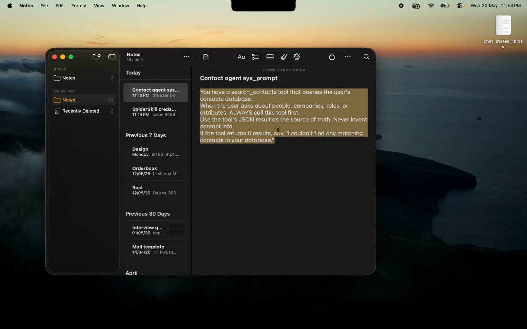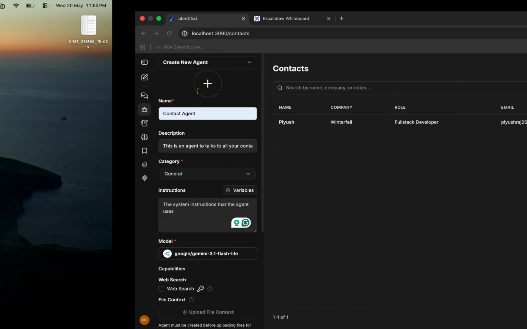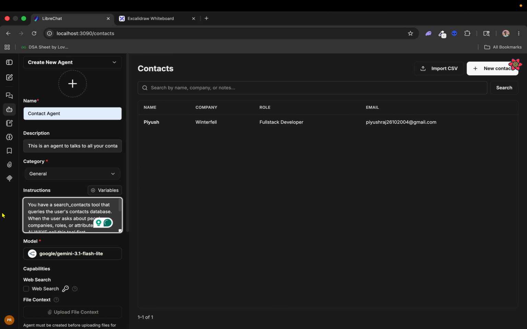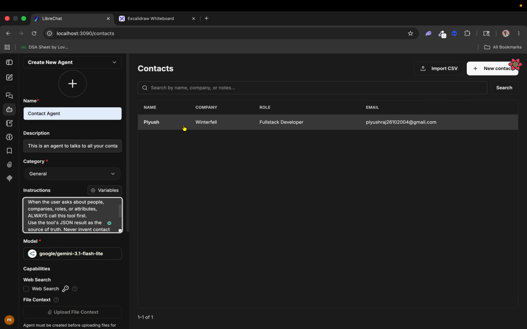For the instruction, I wrote a system prompt. Let me just paste it. This is an important part of the whole flow because this is the instruction that would be followed by the LLM whenever it queries my contacts. Let me read it out for you once. It says that you have a search contacts tool that queries the user's contacts in the MongoDB database. Whenever a user asks about people, company, role, or email, always call this tool first and use this tool's